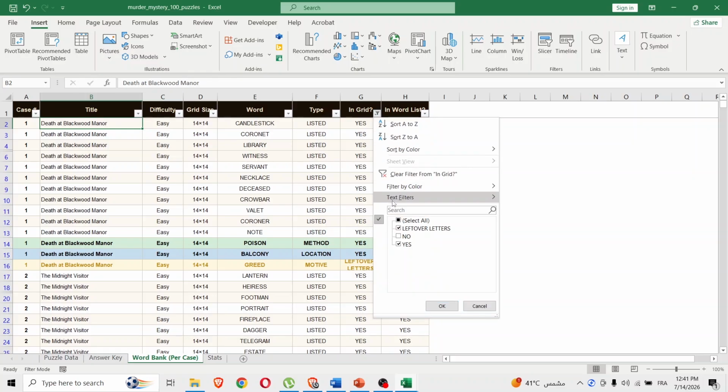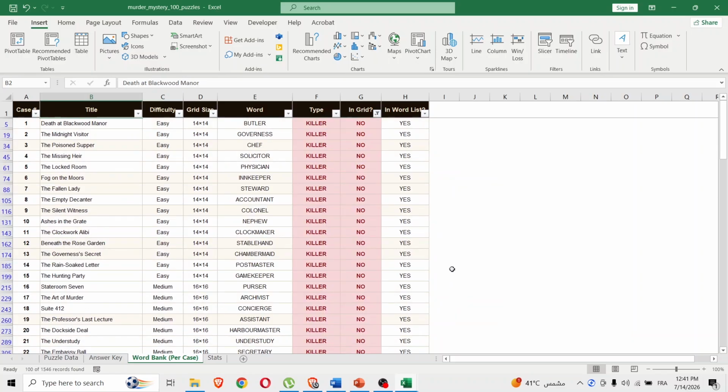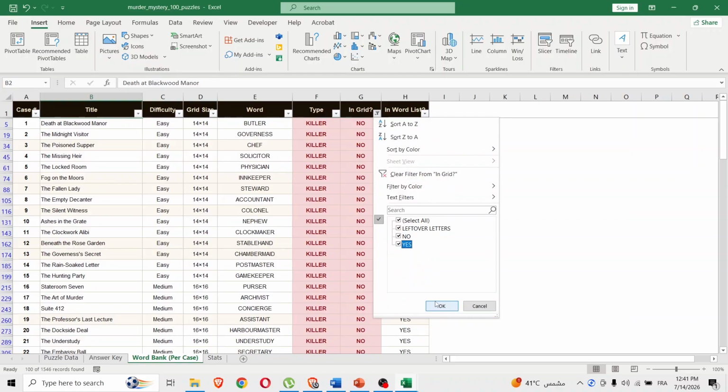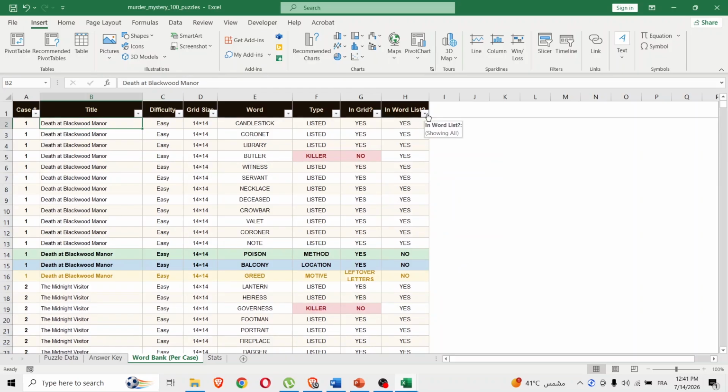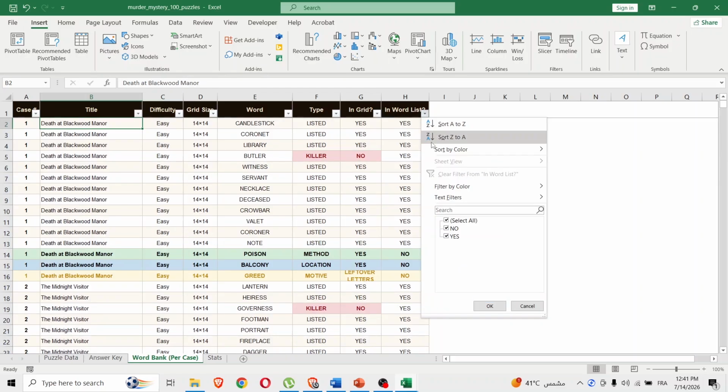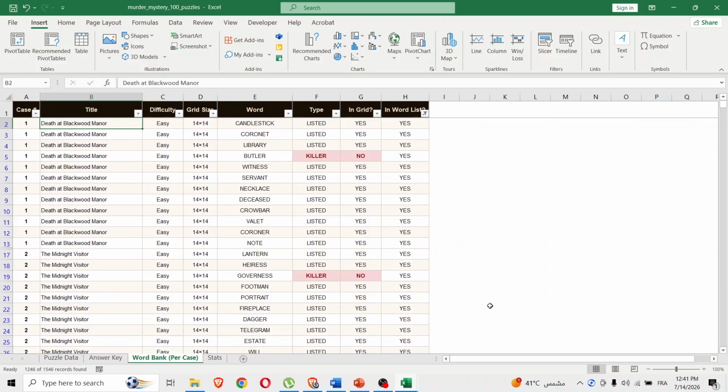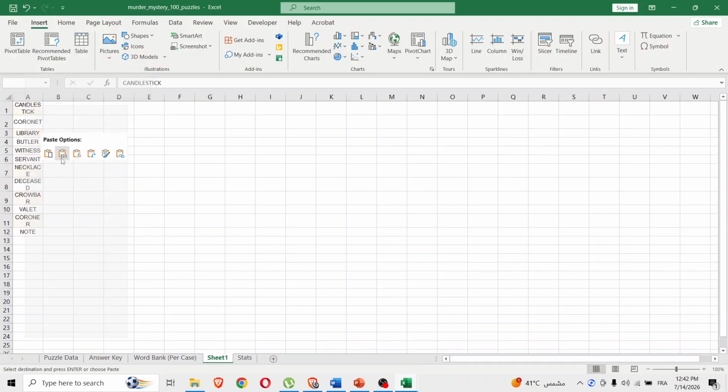So here I go here again. I remove no and I check no again, and I remove yes and leftovers. I don't need any of that. Oh no, sorry. It's not like that. We have to remove here in the words list, we have to remove the no. That's it. Yeah. So this is the list that we need. We take it, we go to another page, we paste it,